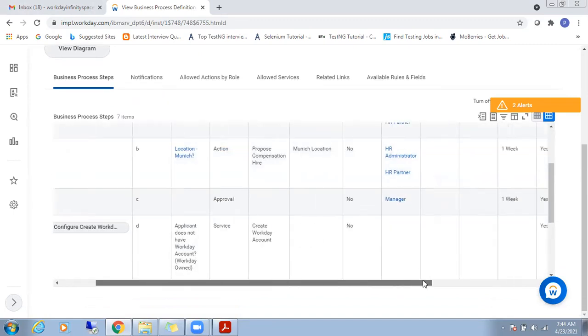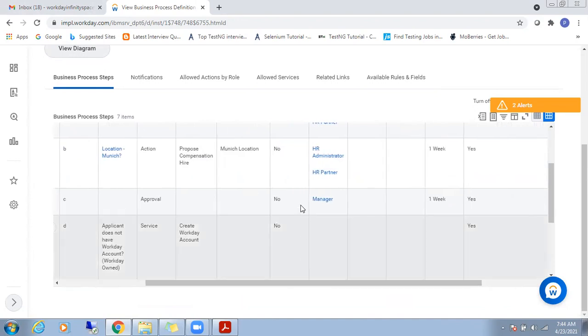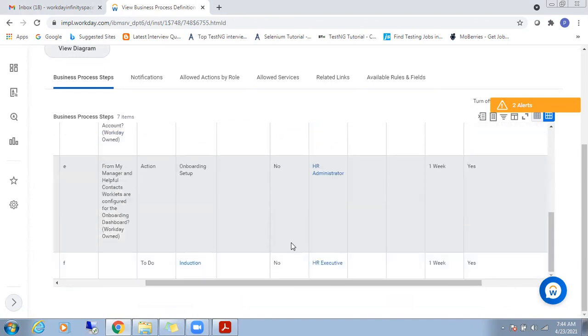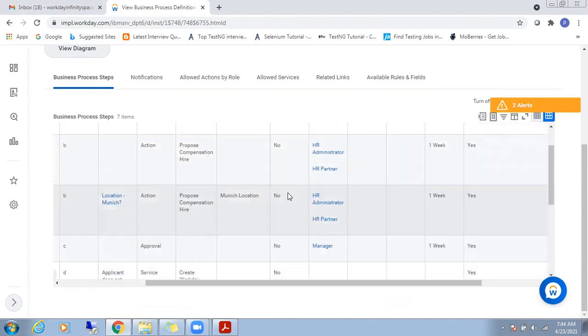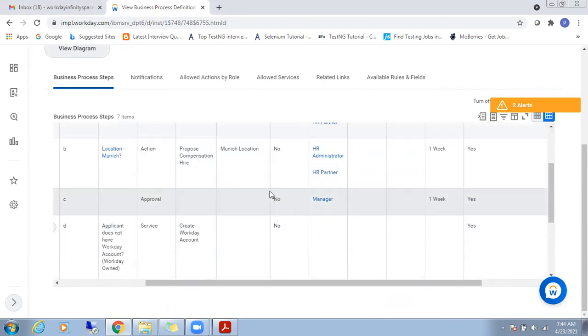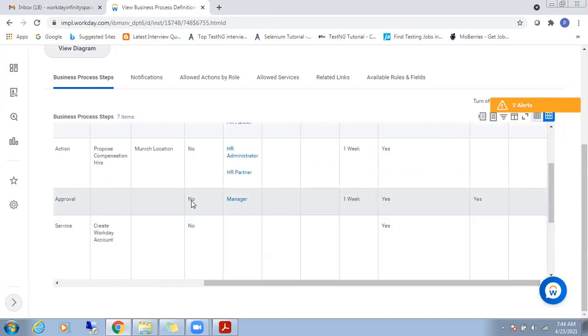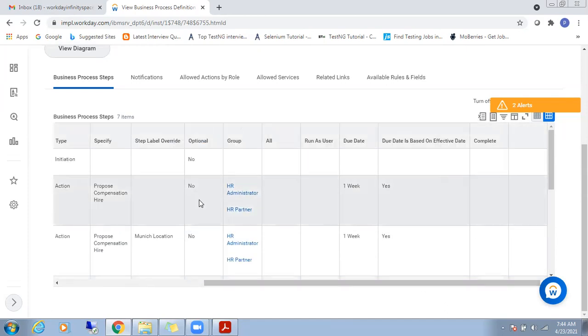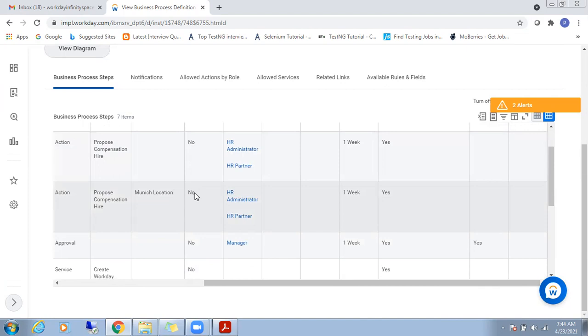I think so. Let me check that point. Yeah. Make sure that the completion step should not be optional, guys. Sometimes it may create a problem. Make sure that the completion step is not optional, but here it is accepting. But in most scenarios, sometimes you may face problems. So try to look into that also.